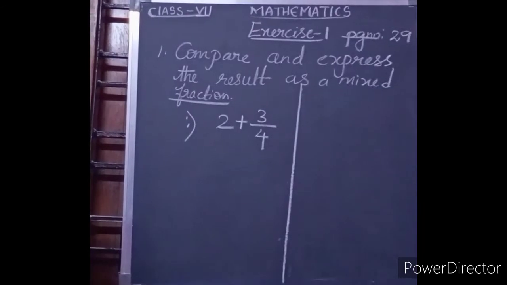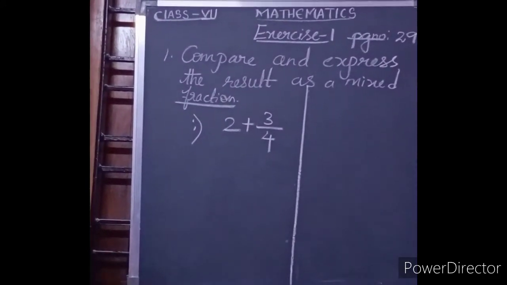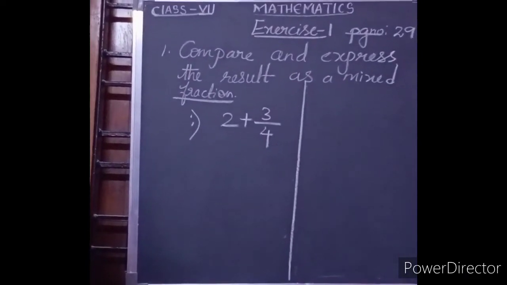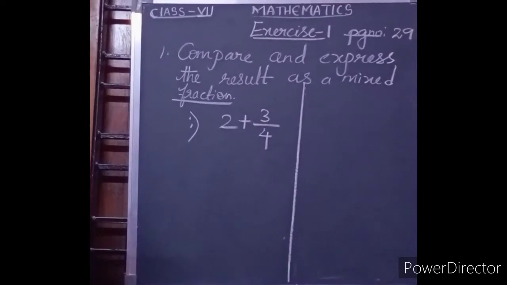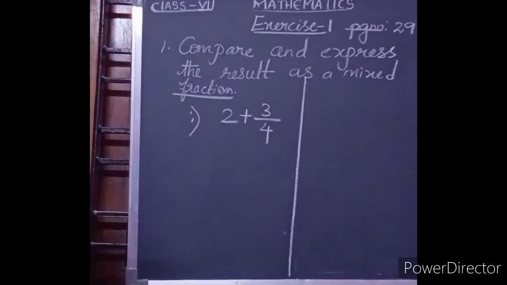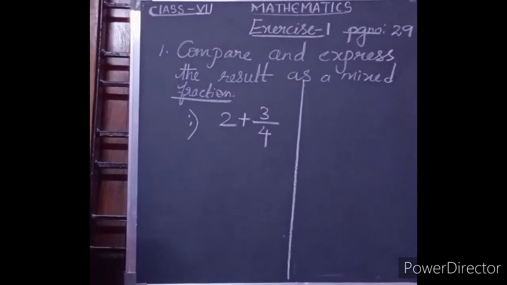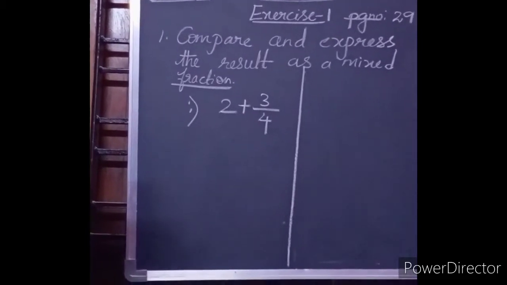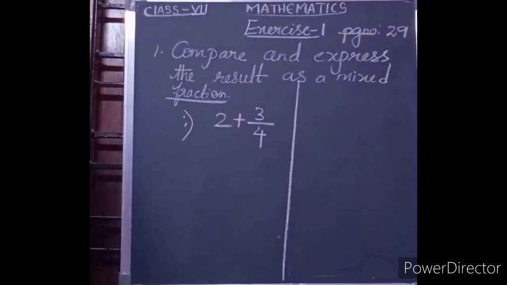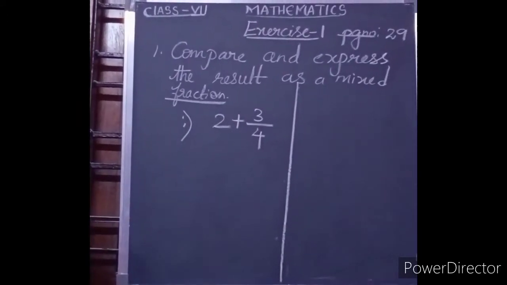Let us recap the previous session. What we learned: we have learned in the previous session about unit fractions. What is a unit fraction? A fraction which has 1 as a numerator, like 1 by 2, 1 by 3, 1 by 4. All these are unit fractions. And then equivalent fractions. How will we get the equivalent fractions? Equivalent fractions we get by multiplying or dividing with the same number. Already you have seen the video yesterday.